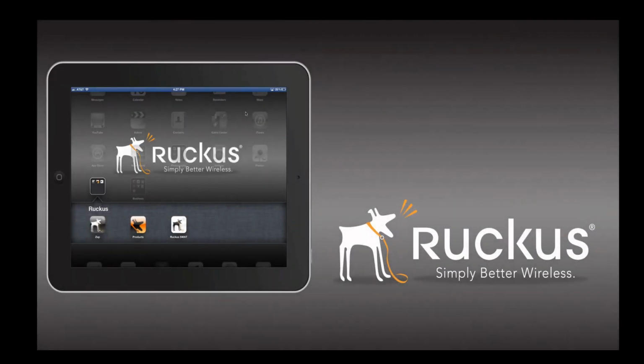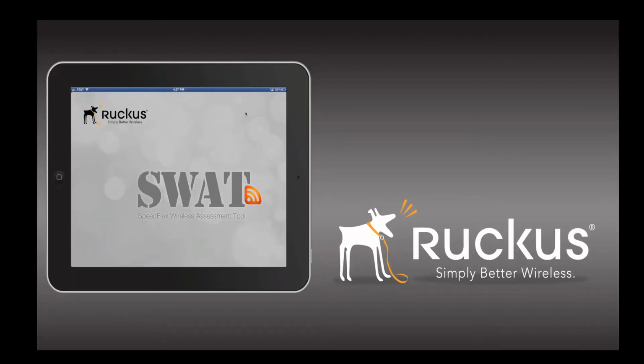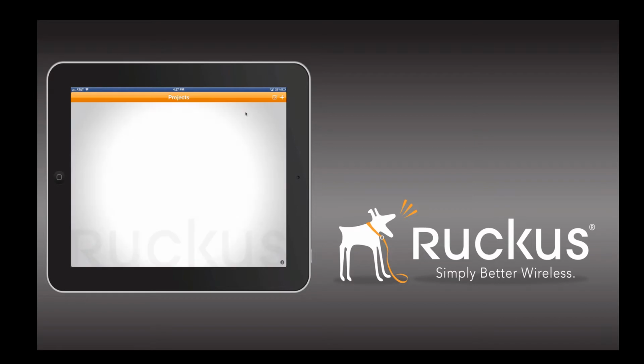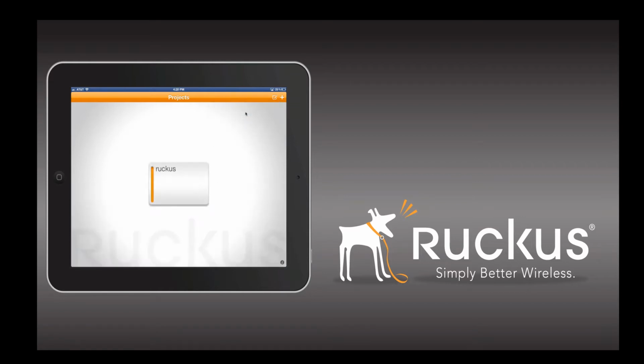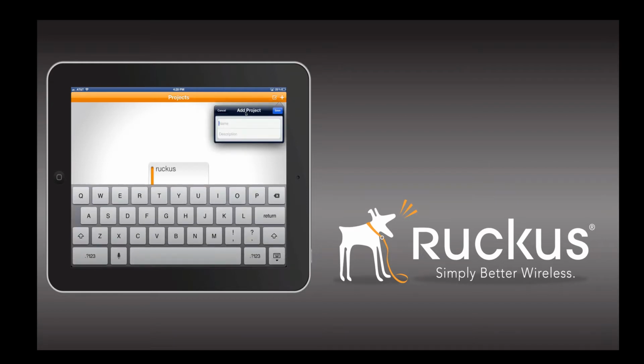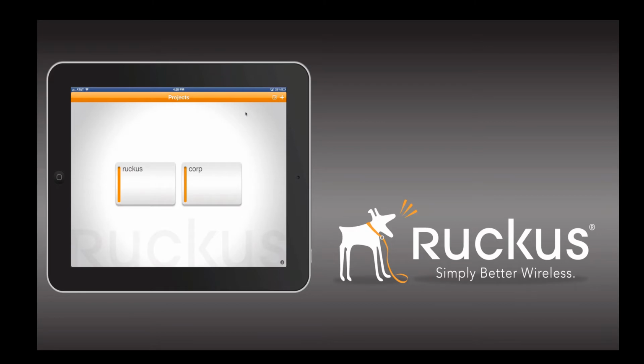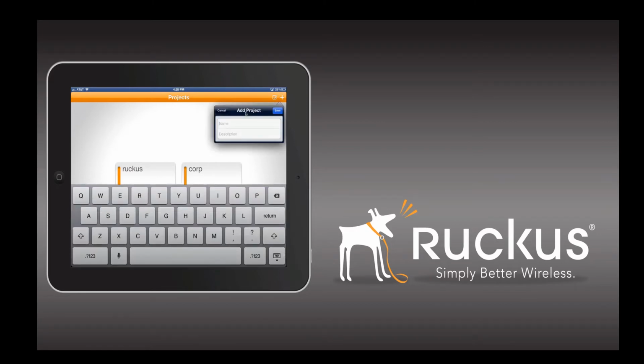Once you actually launch SWAT for the first time, you're presented with the main projects window. From here you can create multiple projects by simply clicking on the top right plus button, giving it a name. You can give it a description as well, which is optional, and it will create a tile for each new project that you create. So I'm just going to give a few here, and you'll see they tile themselves out. If I create a third one,